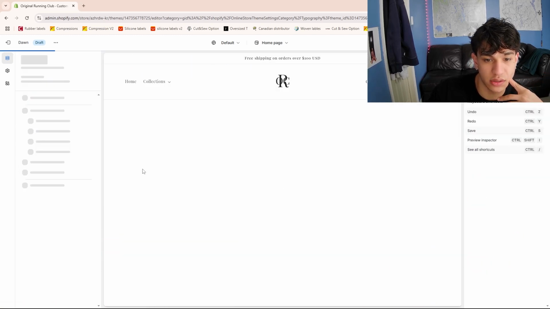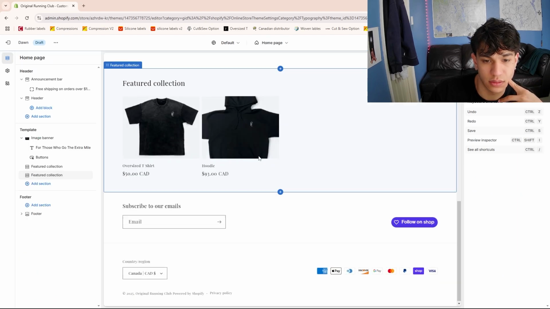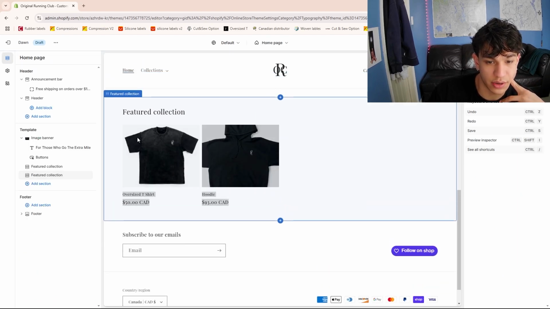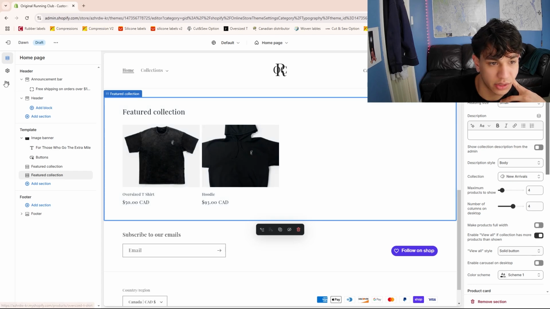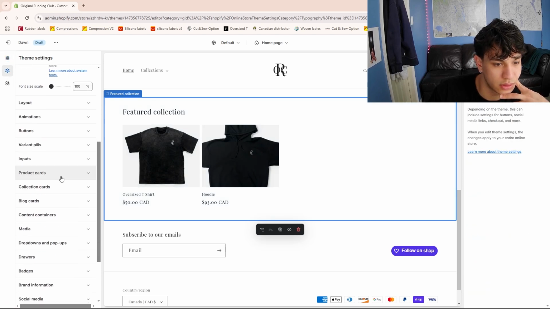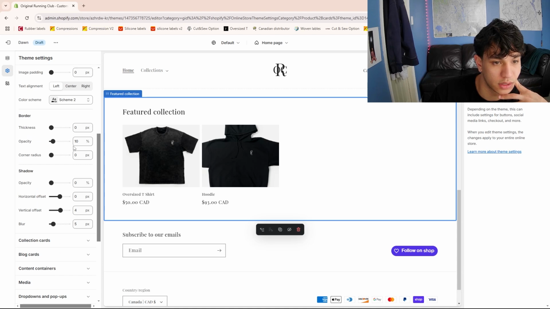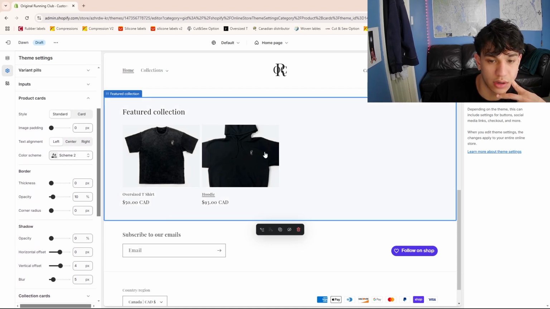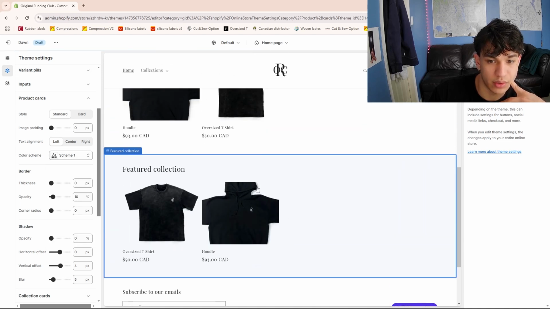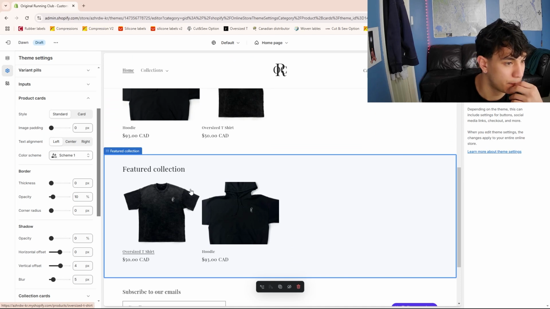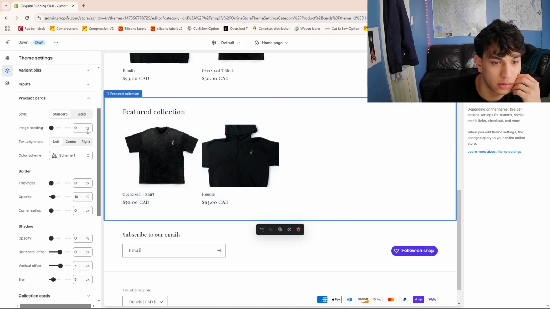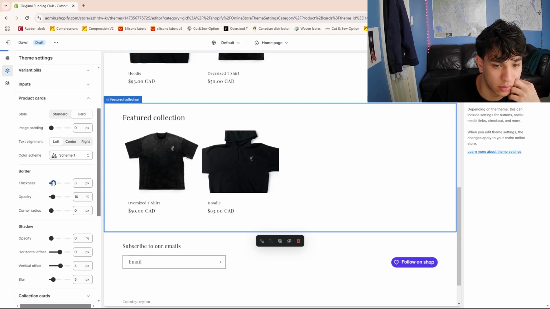If you want to change the look of this area, like these cards here, you'd go to the product cards. And then here you can change the color scheme. You can see it's kind of not straight white there. So if I pick scheme 1, see now I don't have that extra little gray color in the background. You can make a card view, and it's basically just,